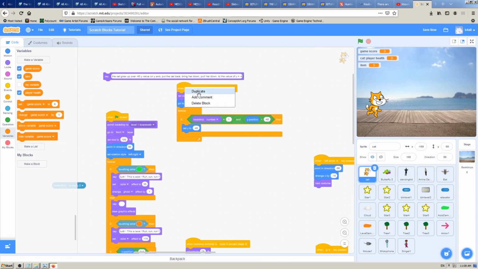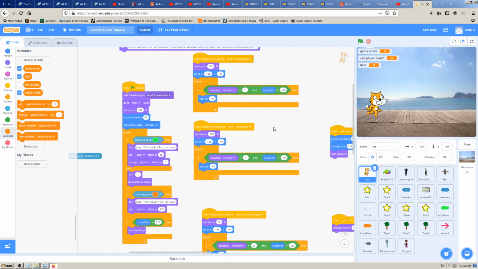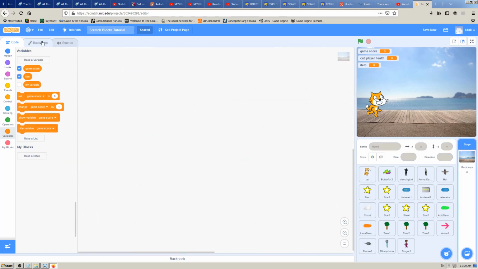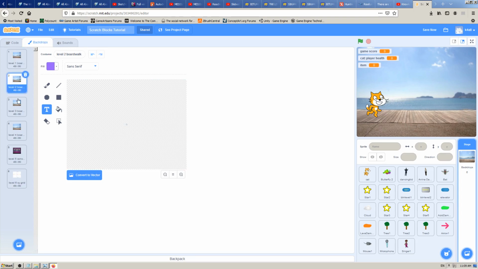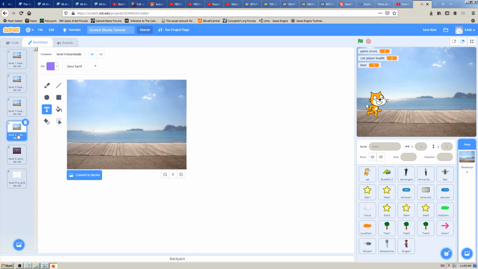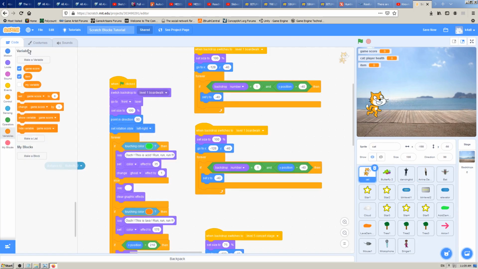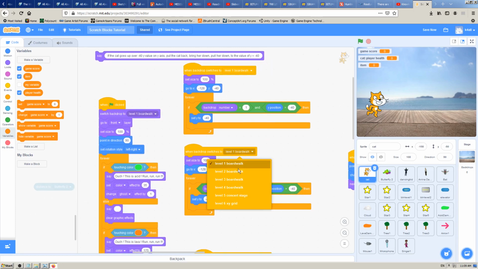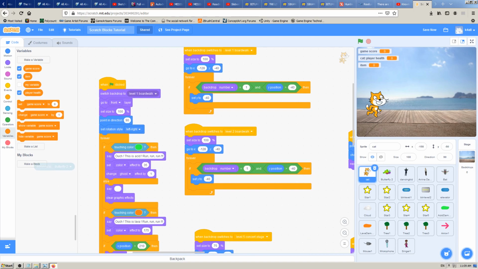Why? Because they are all using the same backdrop. If you click here, you can see that number 1 level, number 2 level, number 3 and 4, they are all using the same picture, the same photo for background. So I can reuse my code. I have clicked on the first script here, right click it, duplicate it, and I will just change it here now, level 2 boardwalk, because when